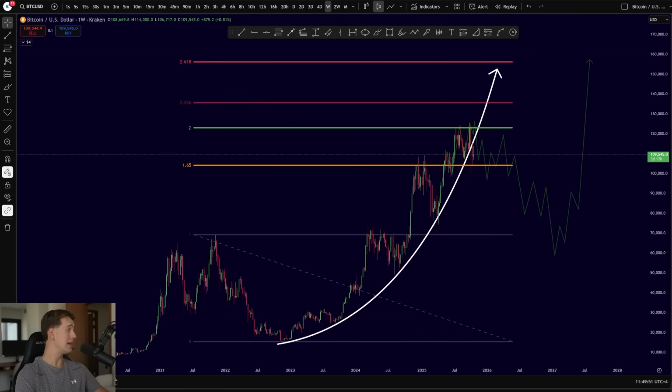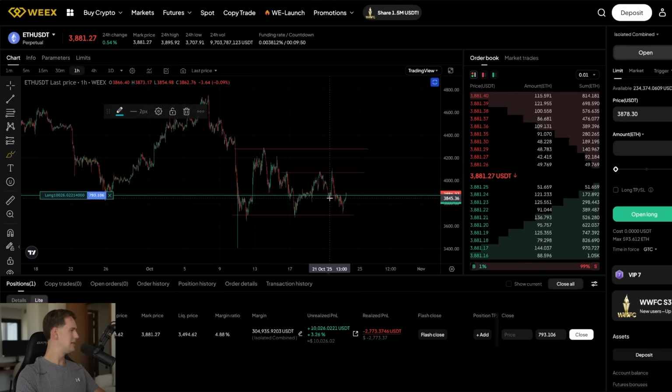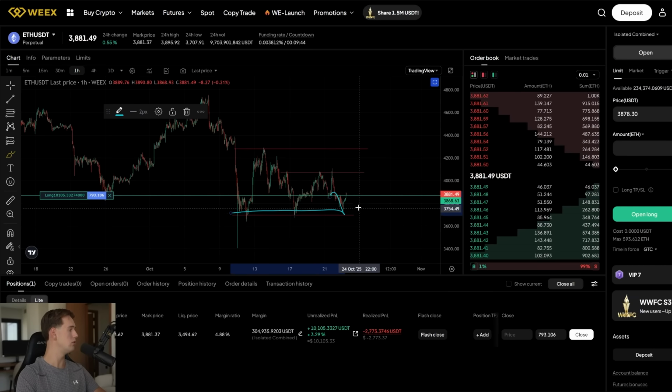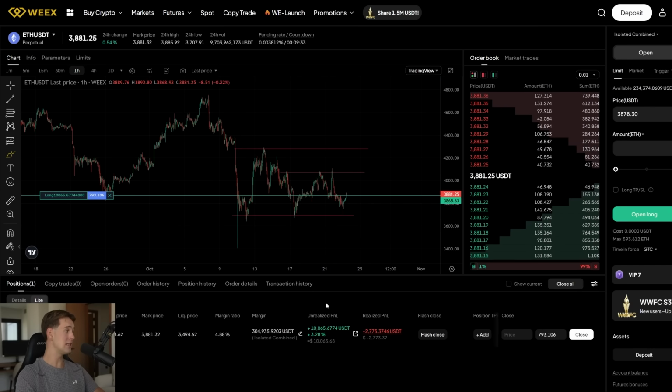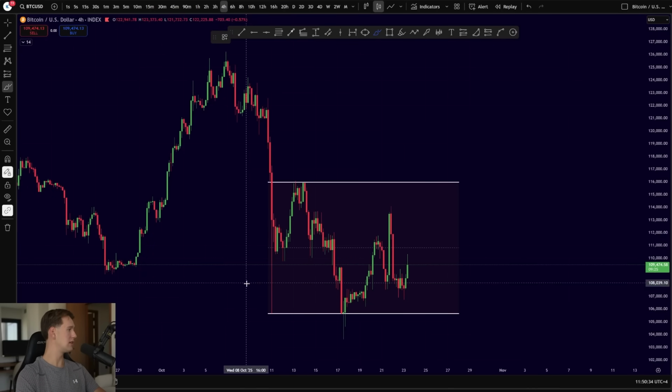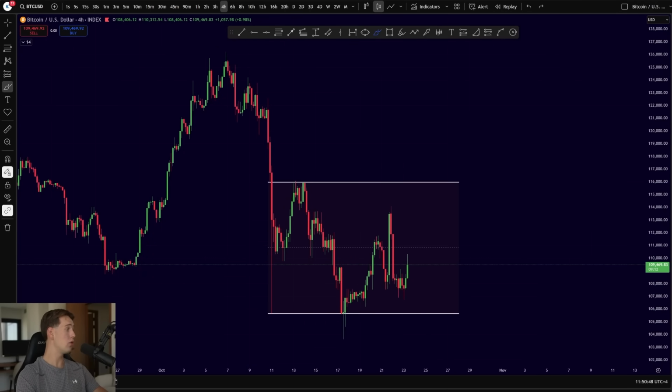So as always, let's get started with a shorter time frame. And in a shorter time frame, this night we have been seeing a further continuation to the downside. Ethereum has been tagging the range lows, and after that we have been coming back to the upside again. My trade is back at break even, so that is very nice. Bitcoin as well is still consolidating sideways inside of this range, and we can have a look into a new